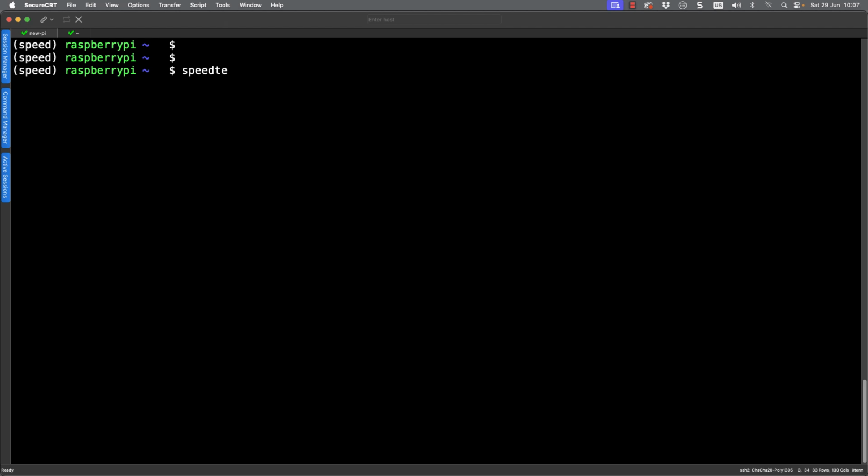Switching across then to my Raspberry Pi 4, I've already created a virtual environment and installed the module here. So I just need to then go through and run that same test. Now, as we go through and look at it, we can compare the results. We can see with this one, we're getting 310 megabits per second, maybe a slightly faster upload speed. But this then gives us a good idea that maybe we need to be using the Raspberry Pi 5 if download speed is going to be important.